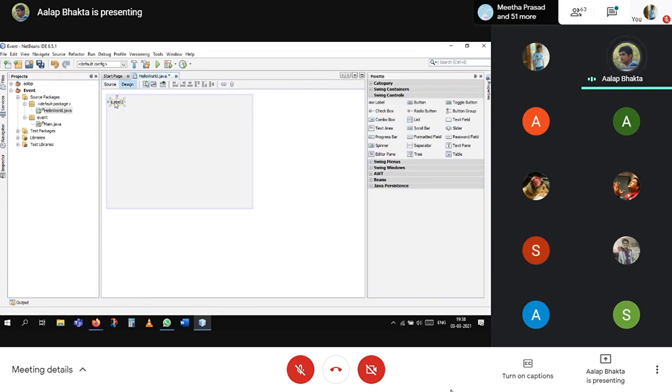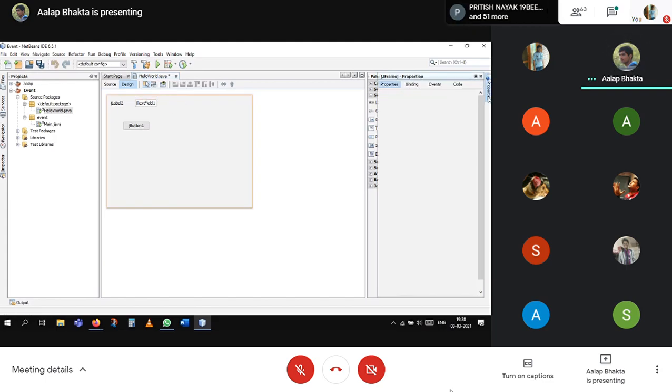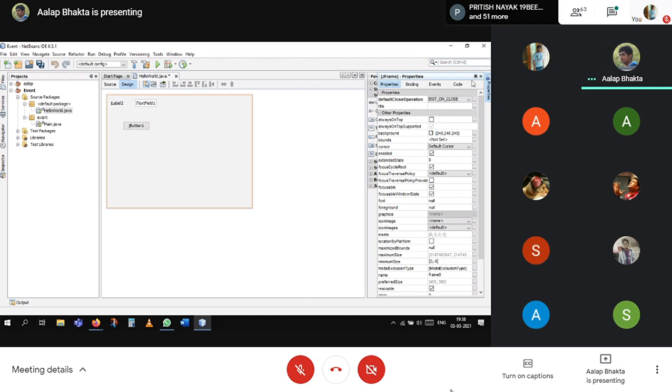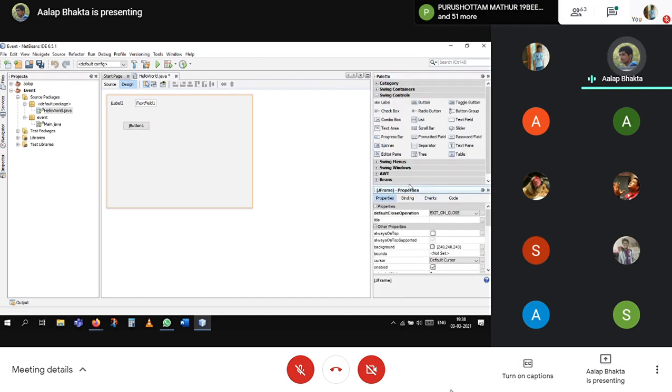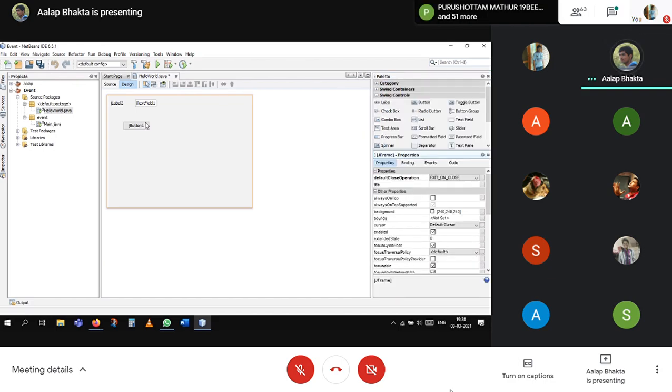There are some properties for every component over here, like JButton or text field. So what if you want to change the content of this?